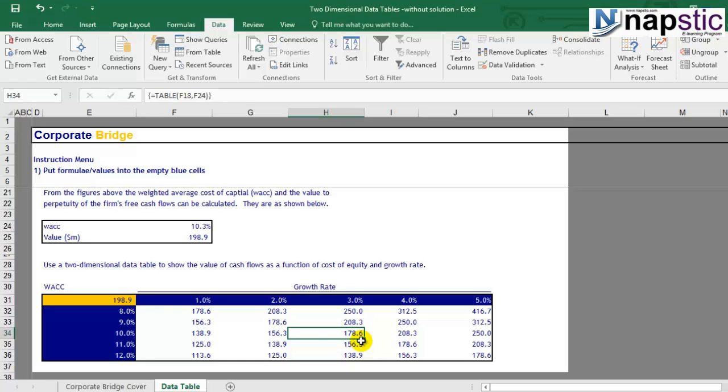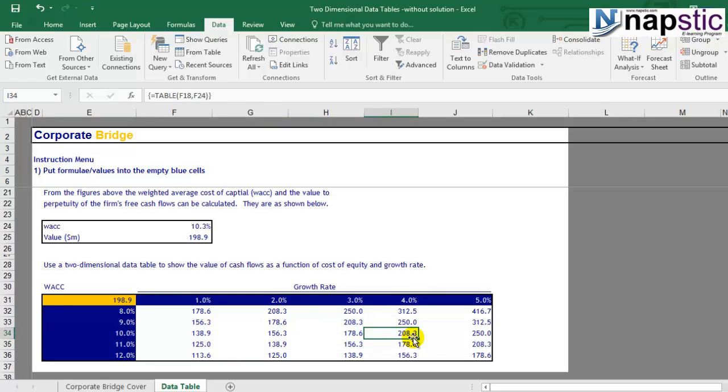In case you don't understand finance, in simple terms, if input number 1 is 3% and input number 2 is 10%, then the output is going to be 178.6. In case the growth rate increases to 4% and the WACC is still 10%, then the value is going to be